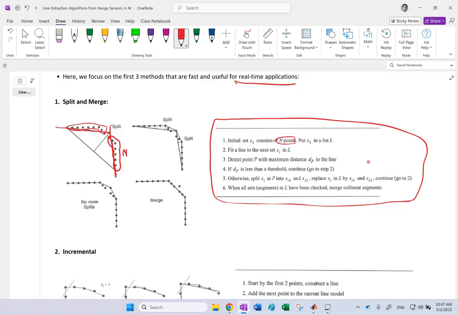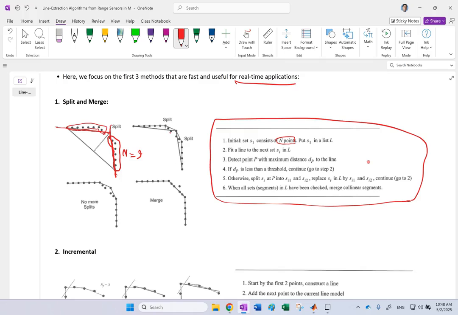Okay, so here n was 9, for instance. First, I fit every 9 points without overlap. I fit a line to them. Good. Now what? Now that you detected these lines, now you go and say, well, let's look at these 9